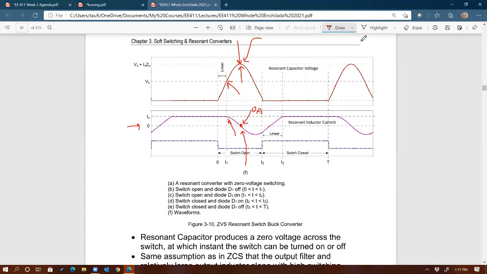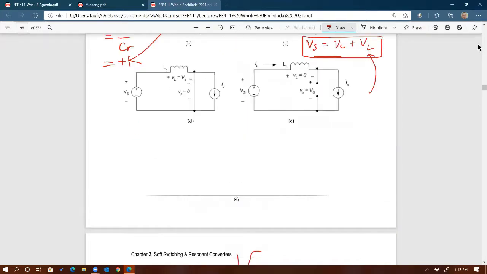Now, this is what's interesting. This is different from the previous circuit in that you can see that we are allowing current through the inductor to go negative, because it follows a sine wave. It follows a sine wave and goes to zero, but then it continues to go negative. And that is allowed in this circuit, not like the previous circuit. In the previous circuit, we clamped that to be zero, but here we allow it to go negative. That means this current right here